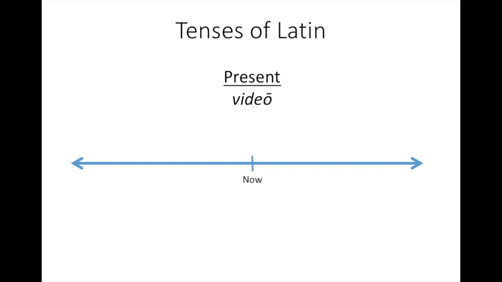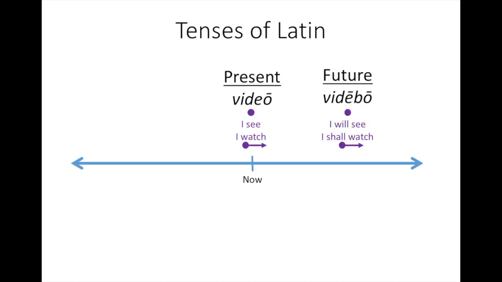So, the present tense has both the completed aspect, I see the chariot, and the ongoing aspect, I watch the chariot race around the track. Both of these aspects can be communicated through video. One happens once, it's done: I see the chariot. One is an ongoing action that happens over time or is a habitual action: I watch the chariot race around the track.